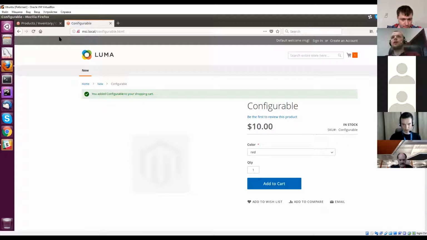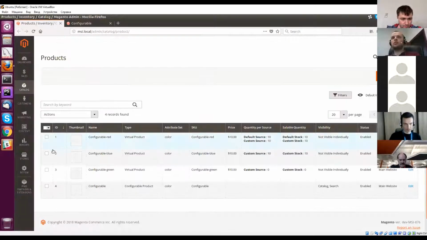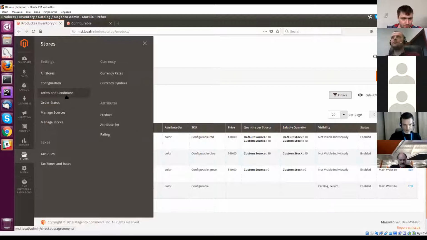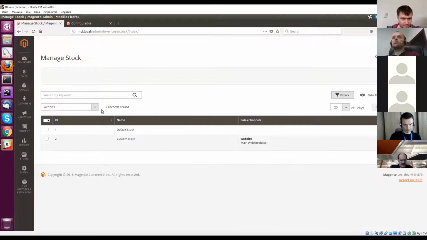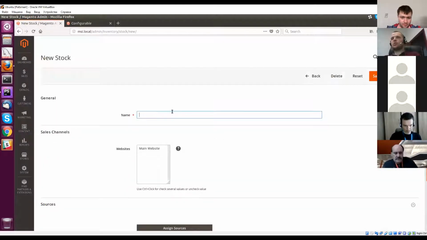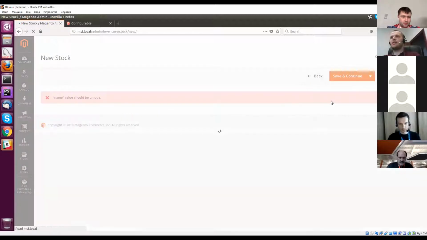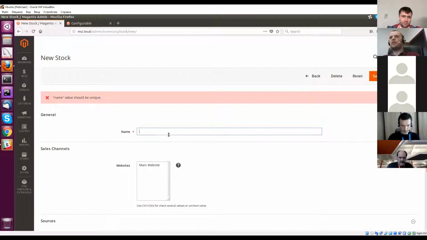It was the first bug, and the second bug was that we could create multiple stocks with the same name. Now it's fixed. As you see, we have 2 stocks, default and custom. And if we try to create 1 more stock with the same name, there should be a validation error. Let's try. As you see, we have an error,